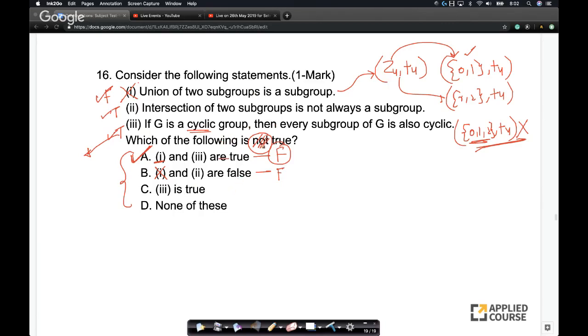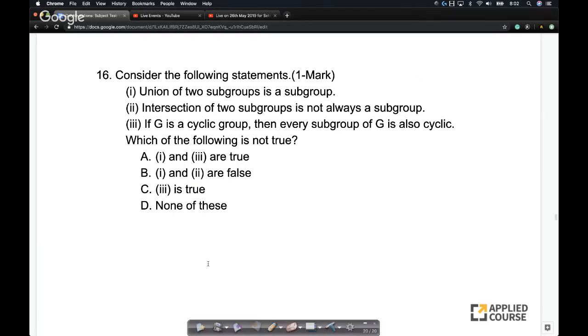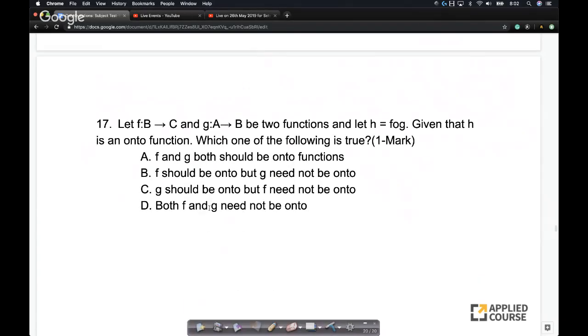So anyway, let's look at the core statements here. The first statement is false. Second is true. Third is true. Okay, sounds good. So, 17th question. Again, I'll try to solve as many as possible. So what is the 17th question?